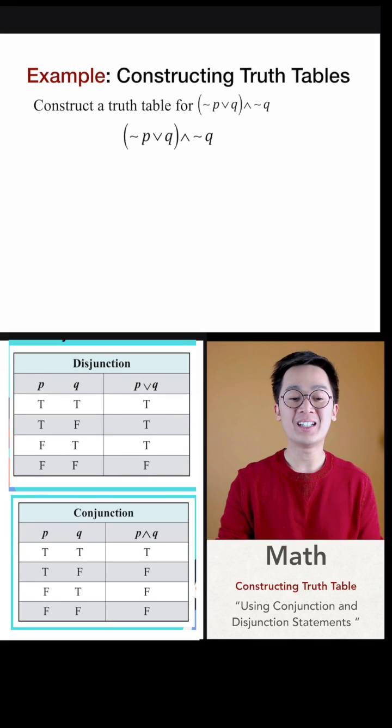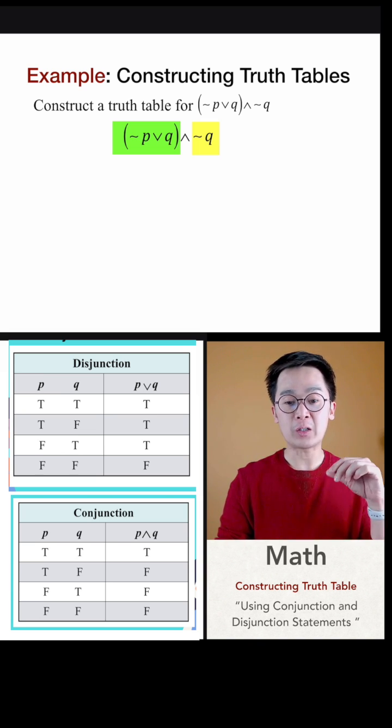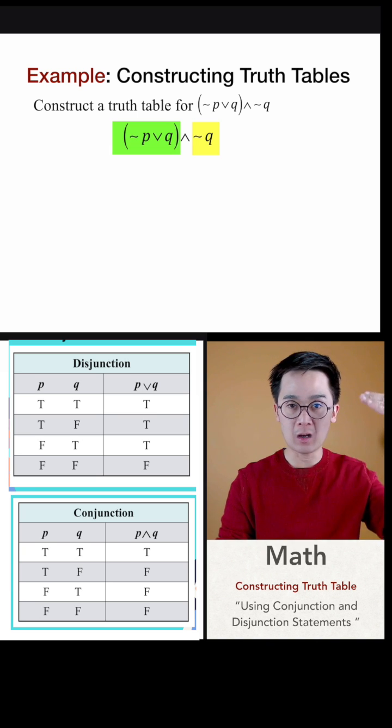groups of statements in this operation. We have the ones inside the parentheses and the negation of Q. So if we're going to create a truth table based on this operation, what we need to do is we need to start with our basic statement, which is we will assume that P and Q will have the following